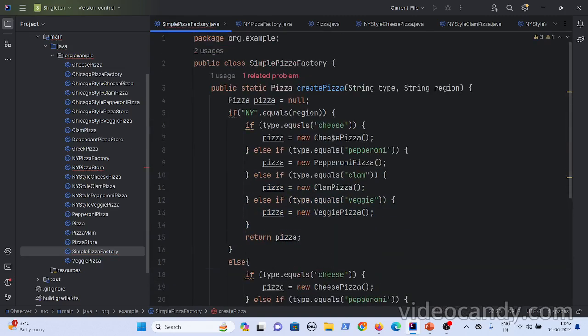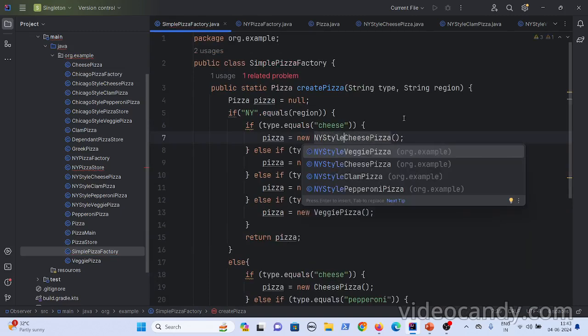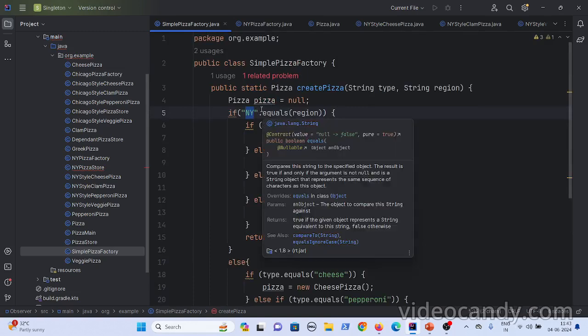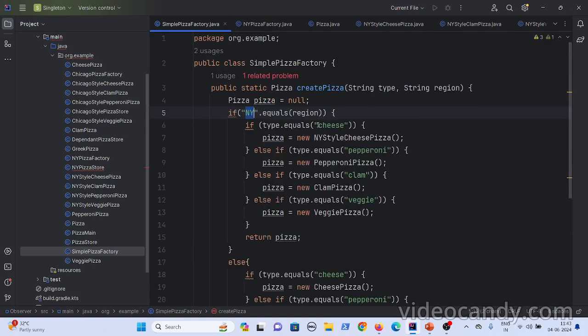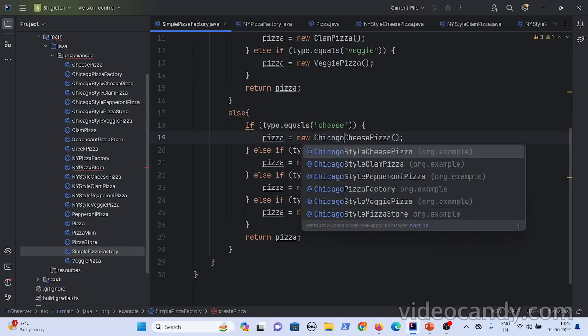But here, instead of cheese pizza, you will have NY style cheese pizza, okay. Then here, because it is New York, currently you have only two regions. In future you might end up distributing pizzas in multiple areas, right? Now if it is not New York, you can instantiate Chicago style pizza, okay.